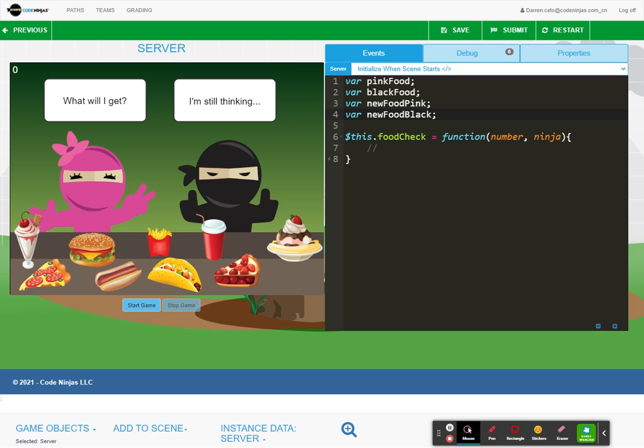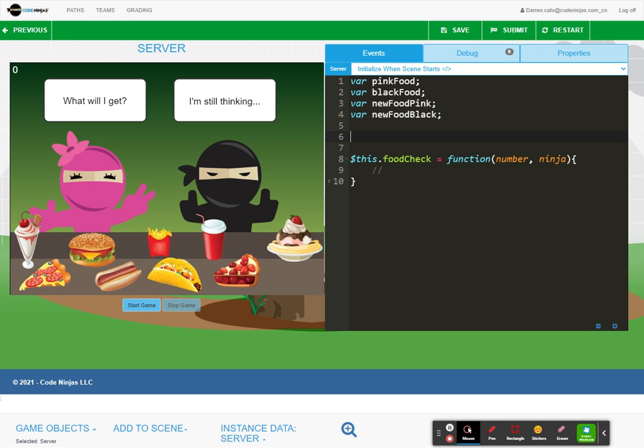I'm thinking. Should we? No, let's do the think first. So the next thing we're going to do is this think pink and think black. There's a little thinking bubble. Let's wire this up. I'm going to create a function for that. So we'll say this.thinkPink is equal to function,